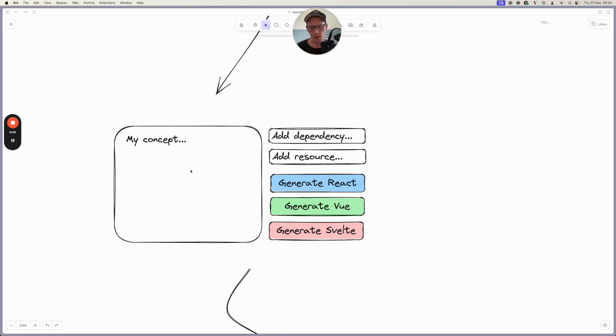And the thing is, the first iteration was that you only had the prompt, but then you would have to write React in there. React or Svelte would have to be in there to choose the correct template. So that's a challenge. You might not write that. But you would also have to write the specific dependencies. And that in and of itself isn't necessarily a problem. The problem is that